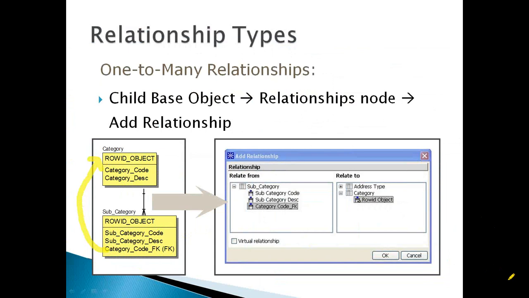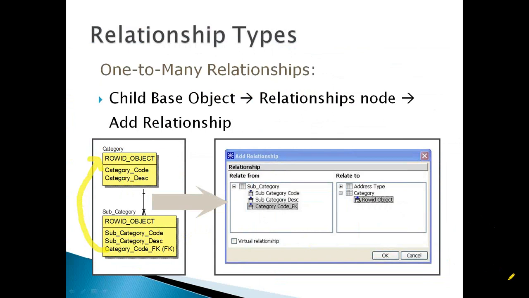Why? Because of the row ID object column in each of the base objects. On the MDM side, whenever we create the relationship between two business tables, so these are not the static tables or the lookup tables, these are the business tables which contain the business data. When we are creating the relationship between the business tables, where between two tables a one-to-one and one-to-many relationship is maintained, in that case, in the child table I will create a foreign key column and I will map it with the row ID object of the parent table.